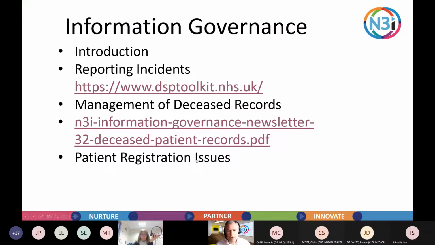And finally, patient registration issues. Just to note, please, we are still seeing a number of these coming through. I suspect we'll never get to a zero point, and there will always be issues, but please have a look within your practice, have a quick review of the system you've got for registering new patients and for merging records